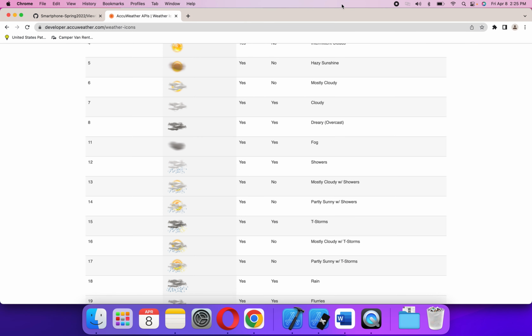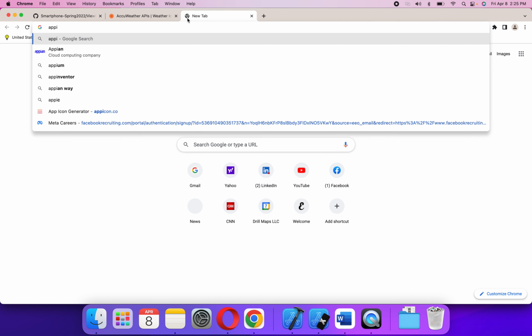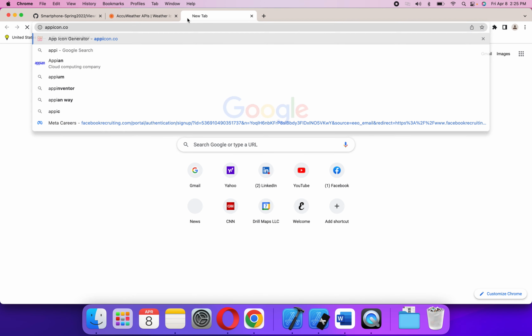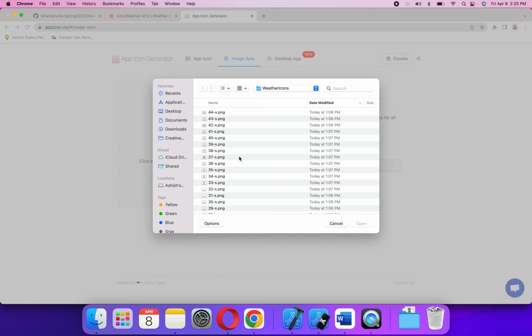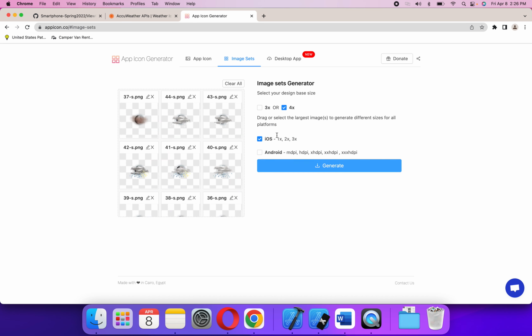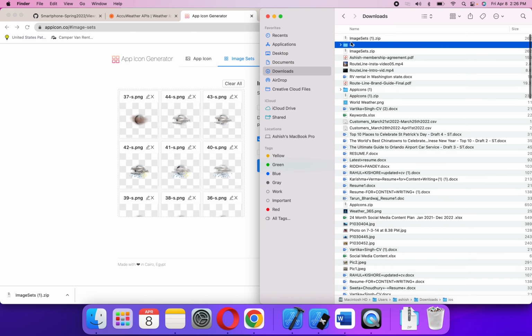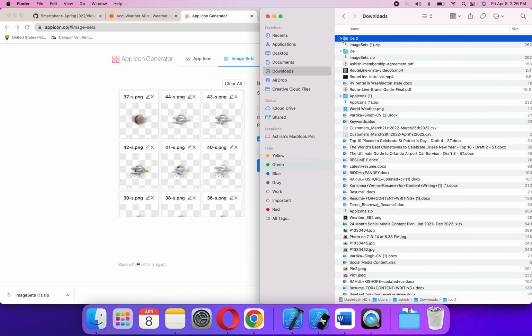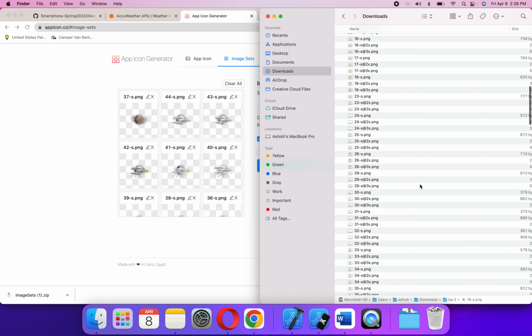Next, we'll go to app icon, icon.co, and we'll go to the image sets, and we will drag and drop all these images. So command A, open, and then I want to generate the icons, the images, so it actually generated images. So I'll go to downloads, and it should have generated all these images. You can see all these images are there, right? Next, I'll select all these images,